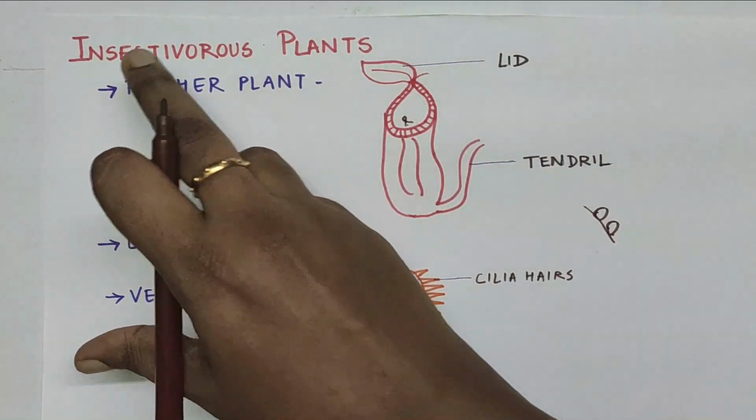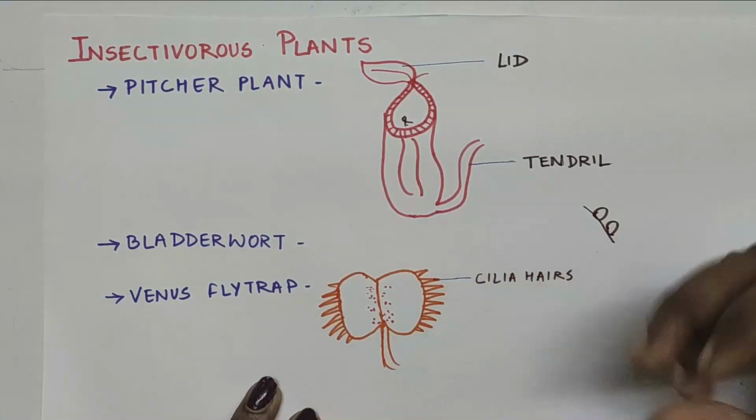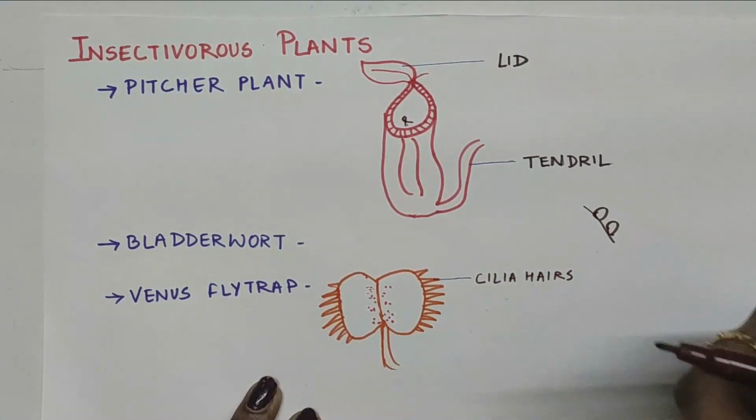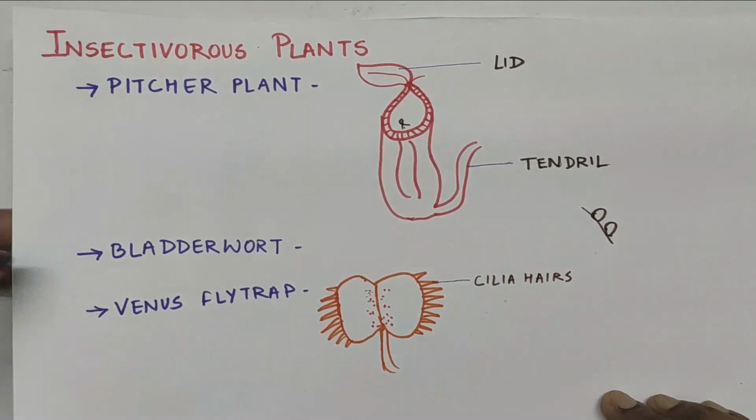So these plants, as you can see, are digesting the insect. That is why they are known as insectivorous plants. They generally do so to protect themselves, you can say, and also to get food or some nutrients from the insects. Then we go to the last part,